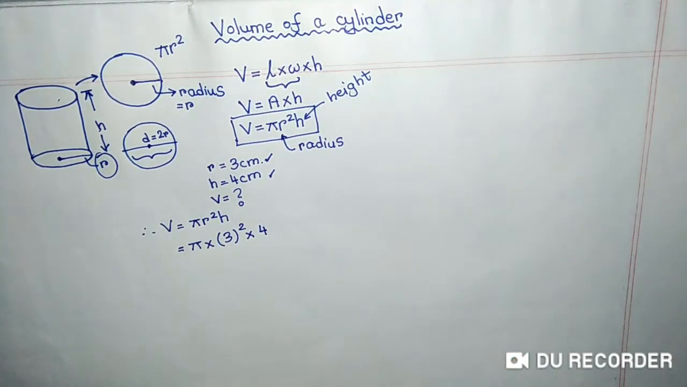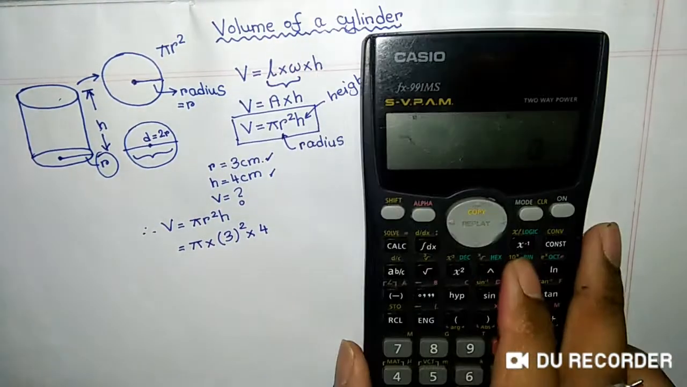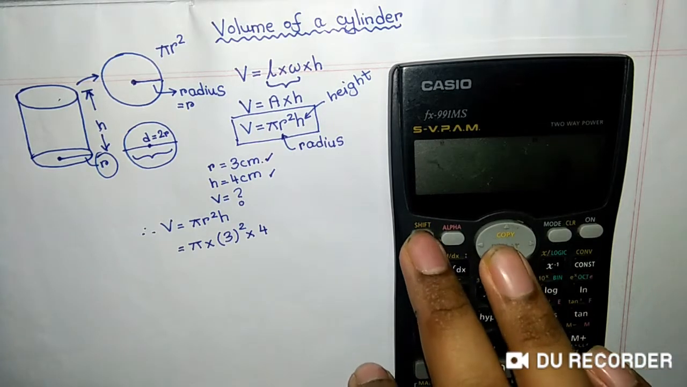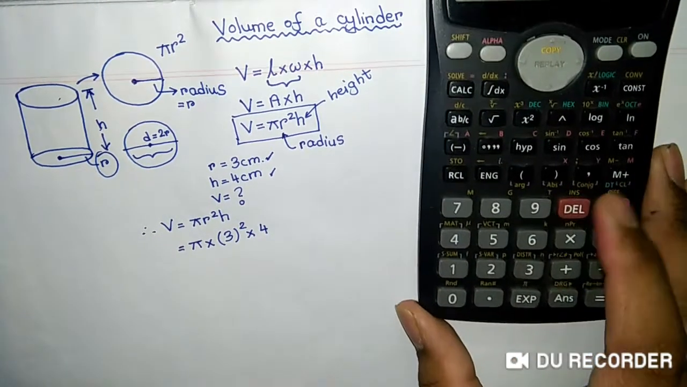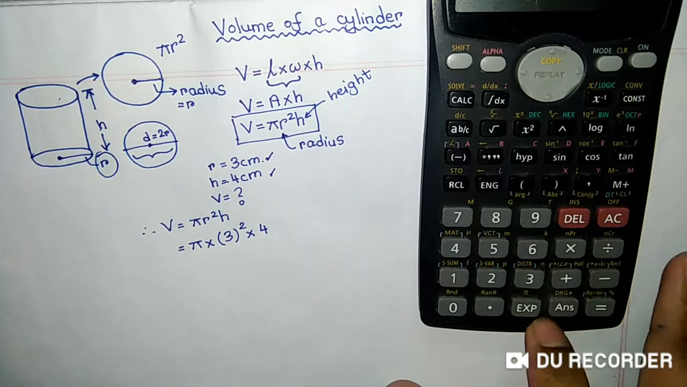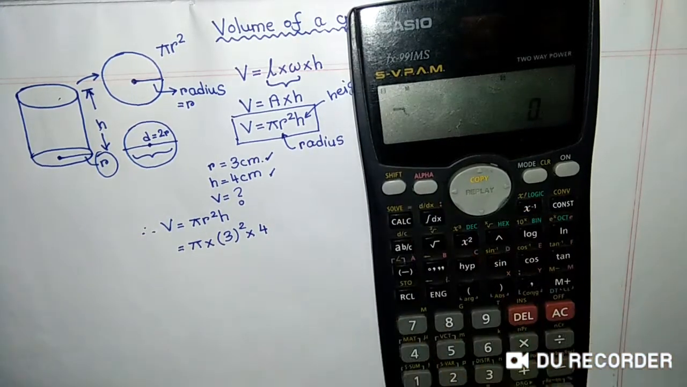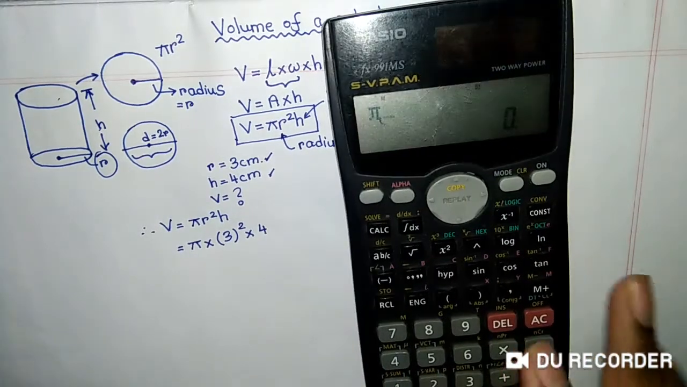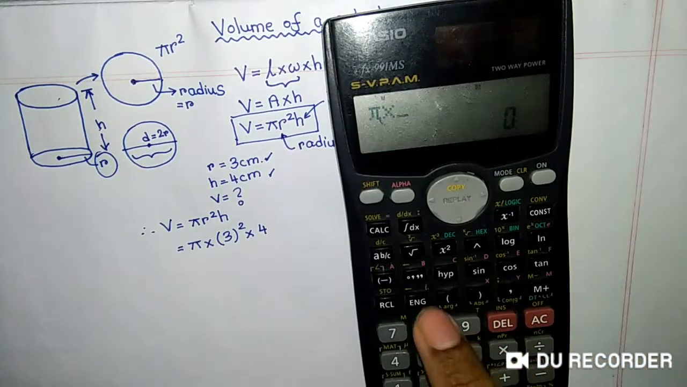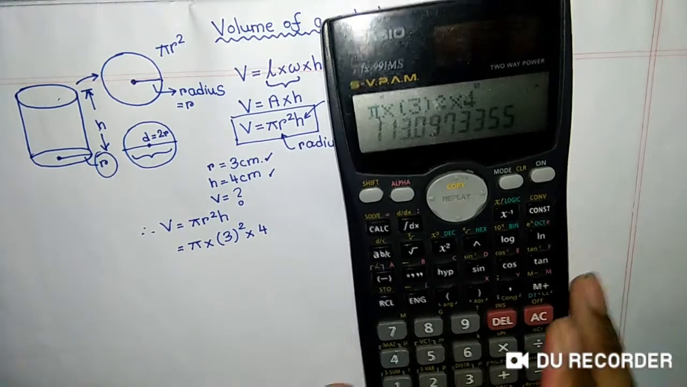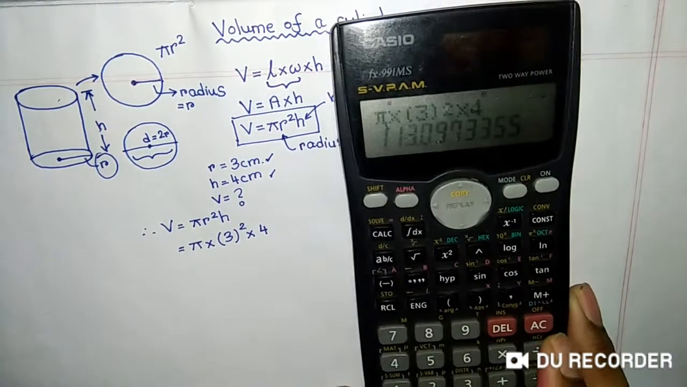Now many people have trouble finding the value of pi in the calculator. To make it easier, I tell you the value of pi is very easy to find. You have to press shift, and you see over here in the calculator exp, at the top there is a pi symbol. So shift pi. So you can see over here the pi appeared in the calculator times 3 square times 4. As a result, you get the volume of the cylinder as